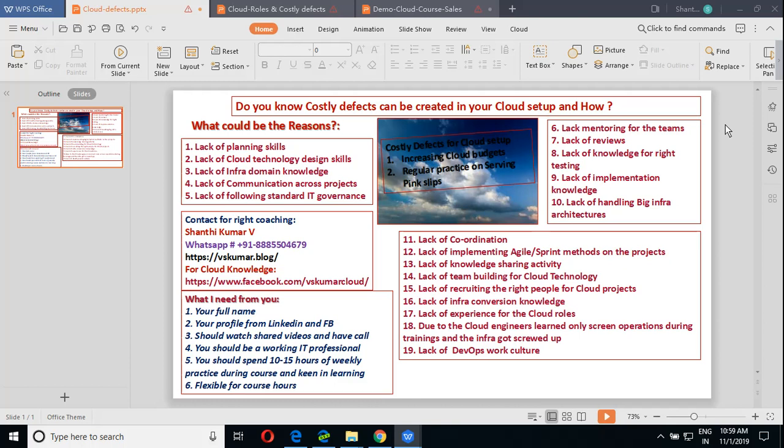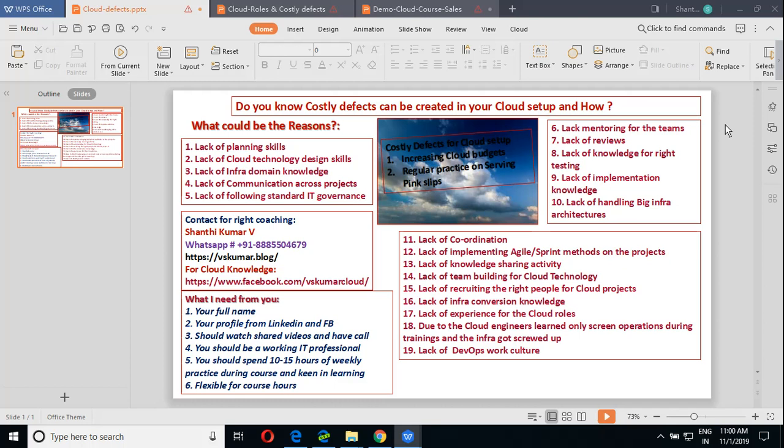So obviously when you are doing a particular activity, like moving from one phase of the test cycle to another cycle, you need to have review. In cloud projects, obviously you need to have reviews for the setup what was made. The review can be as a part of the testing the cloud setup, or it can be part of the reviewing the created setup by some experienced people, or giving a clear cut instructions to the